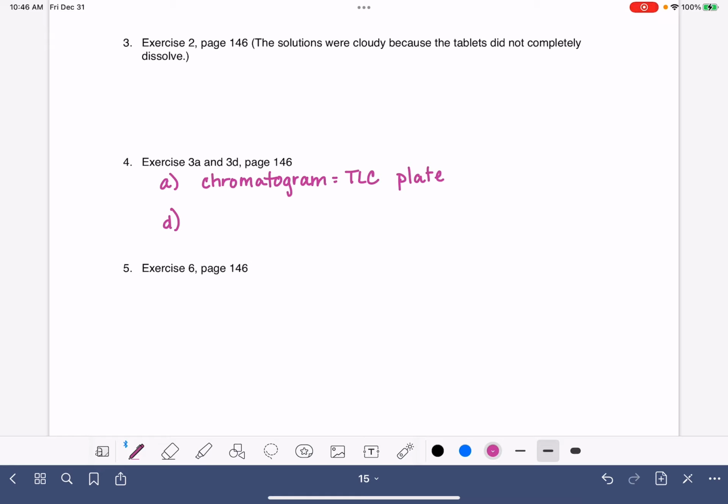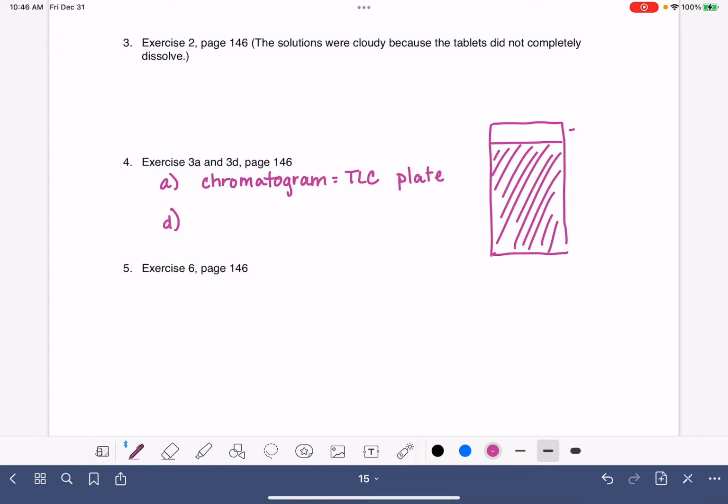You allowed your TLC plate to develop for too long and you couldn't find the solvent front. Just in case you forgot, the solvent front is what you see in the instant that you pull your TLC plate out of the developing chamber. You can see the line where the liquid is. So this much of the TLC plate has been saturated with the liquid and this much up here is dry. And if you recall, you really quickly drew that line to mark how high the solvent had actually traveled